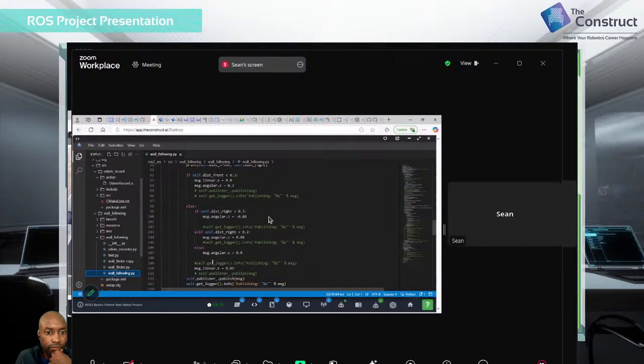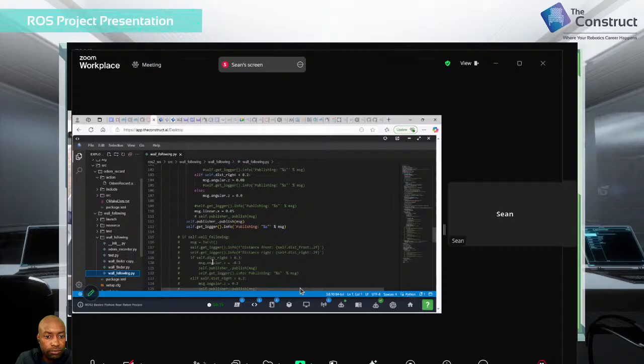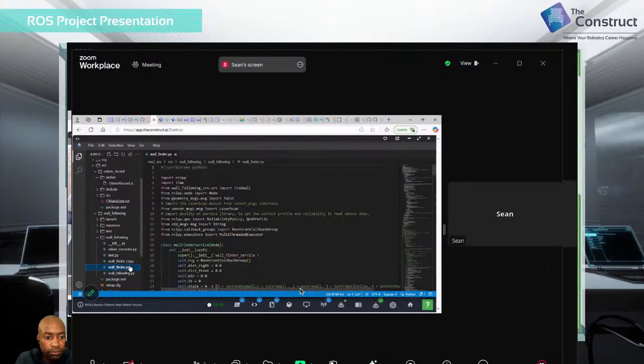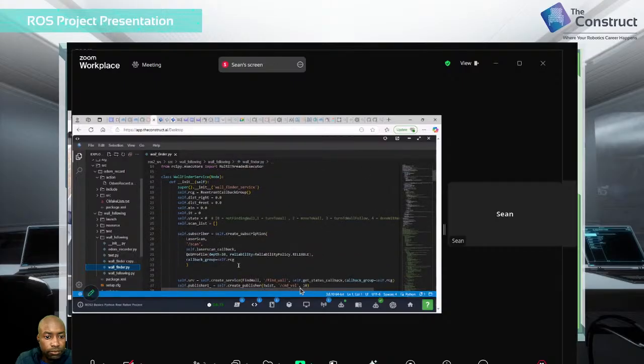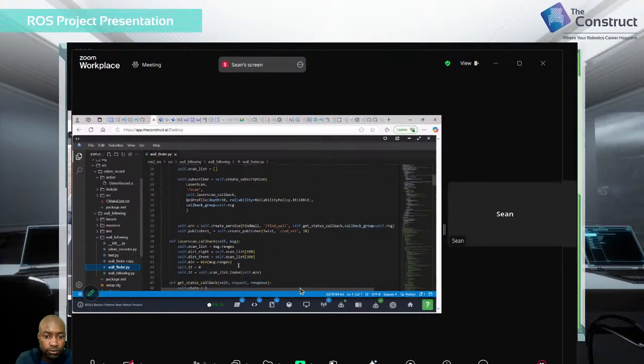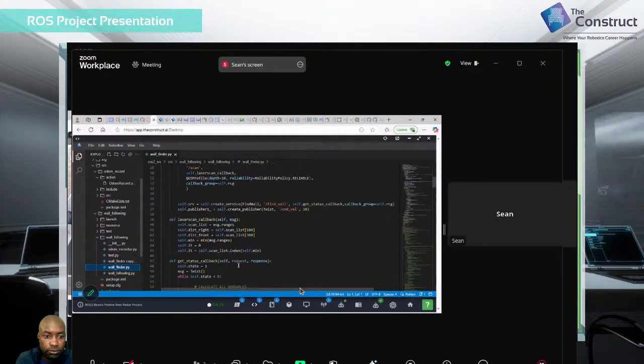And then while it's moving, if the distance to the right goes too far to one side or the other, then it adjusts appropriately with its angular.z, and then it publishes. So that's wall following. So for the initial service that found the closest point and then turned towards it and then aligned its right hand side to it, this is in here. So here in the laser scan callback, so I have a re-entrant